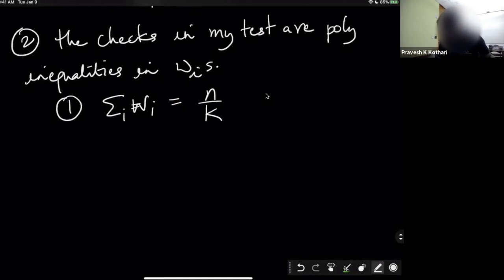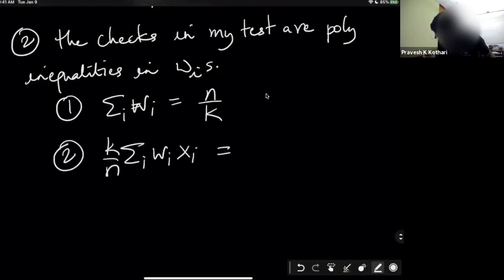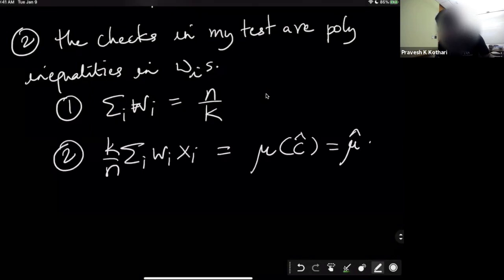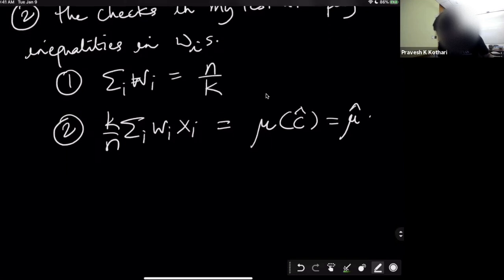That mouthful of a statement can be written as follows. Look at the linear polynomial in the wi's. Notice that this is simply the mu hat we have been writing. If wi is truly an indicator, then it picks out the points which are in C hat, and then it averages them. So it is definitely the empirical mean of C hat. Good. And the check I made was, hopefully you will also agree here,